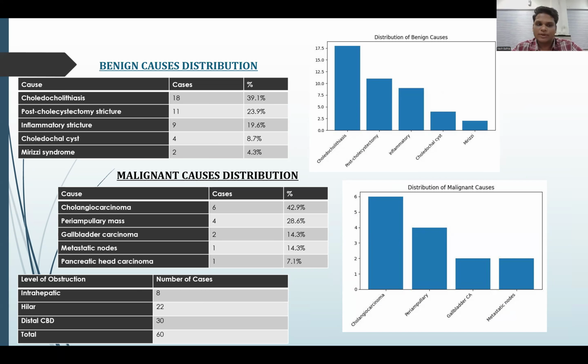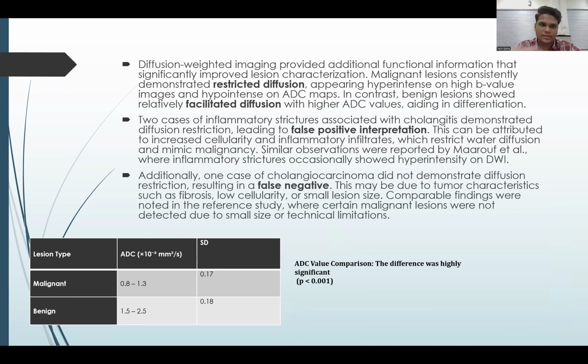The level of obstruction was evaluated: intrahepatic in 8 cases, hilar 22 cases, and distal CBD about 30 cases out of total 60 cases. Now, DWI images provide additional functional information for improved lesion characterization. Malignant lesions demonstrate restricted diffusion, appearing hyperintense on DWI and hypointense on ADC, while the benign lesions will show